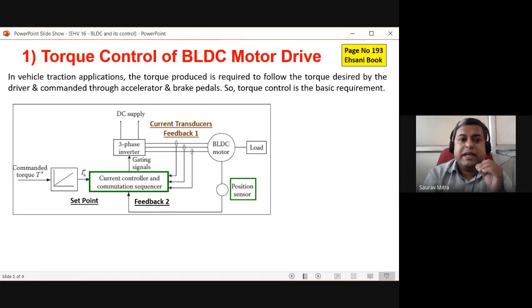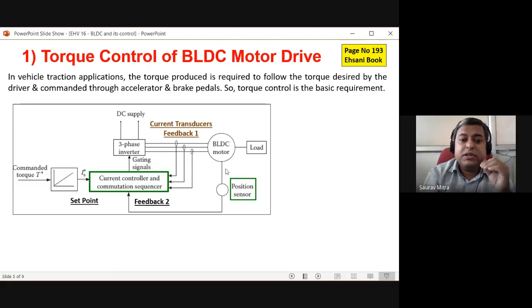So that is actually that kind of current transducer or current sensor, or CT is connected here. So CT is picking up how much is the current I which is being fed from the three-phase inverter to the BLDC motor, and that current value at each phase, so there are three phases, is being fed to the DSP controller. Okay, so this much current is being supplied to the motor now.